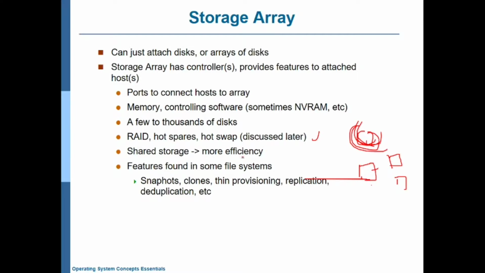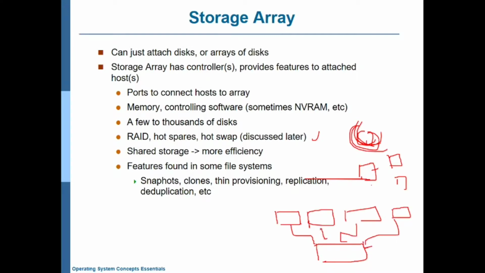Shared storage, memory efficiency. Whenever there is a disk system, instead of each system having a separate memory, we can have one single large memory to which each system is connected. This is called shared memory. The files stored here can be accessed from this system, this system, as well as this system. It is helpful because data can be stored in the shared memory, where efficiency is more compared to each system having a separate memory.